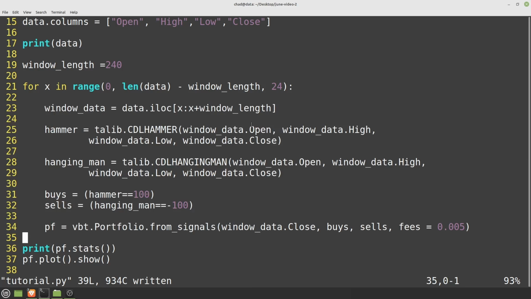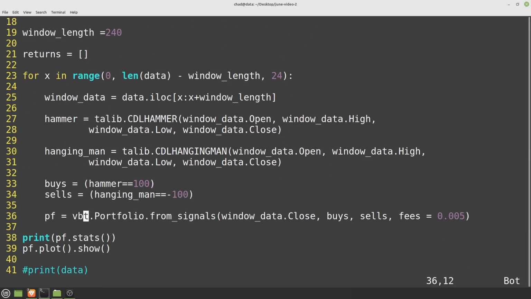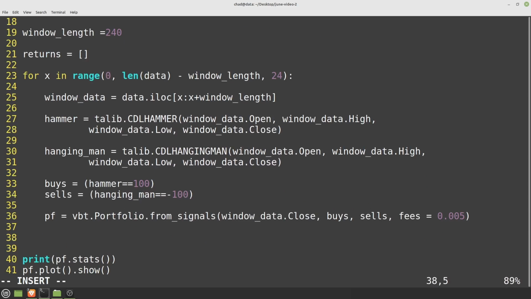Now we need a way to actually get the results from this backtest. To do that, I'll create a returns list. Returns is equal to just an empty list. And then at the end of each iteration, I'll append the total return to that list. So we can do something like returns.append